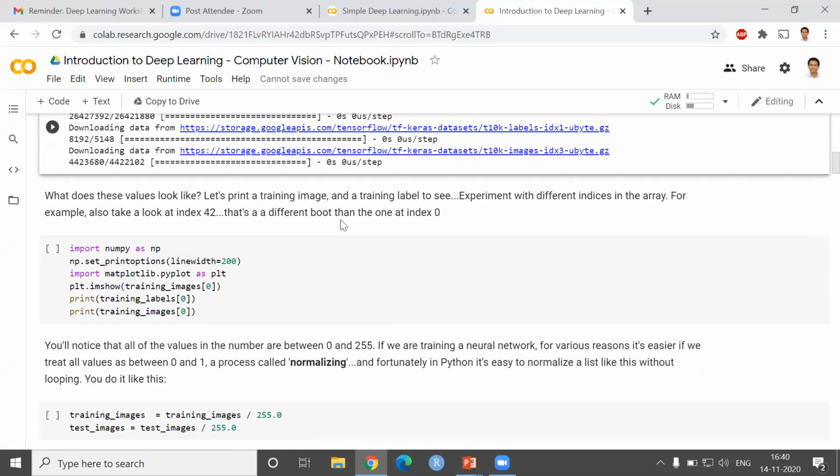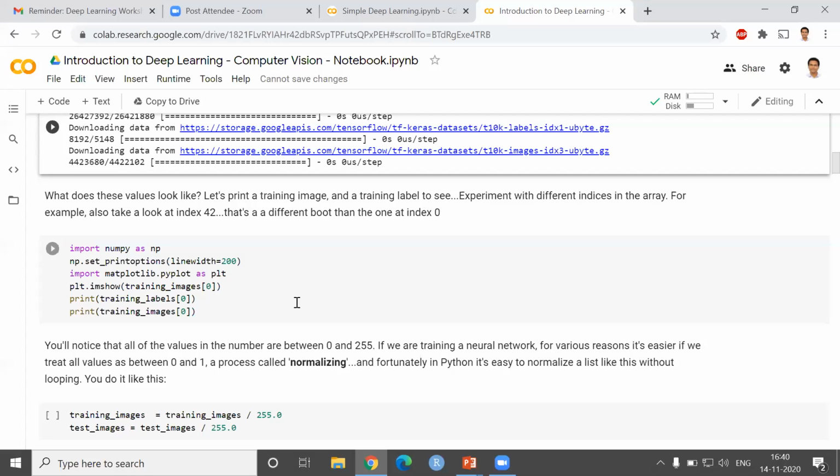Let's see what the shape of some of the images in this data is. If we want to look at the shape, we can run the next cell. We are importing NumPy as np, and we set a line width of 200, and within that we want to plot this particular image as the pixel values.